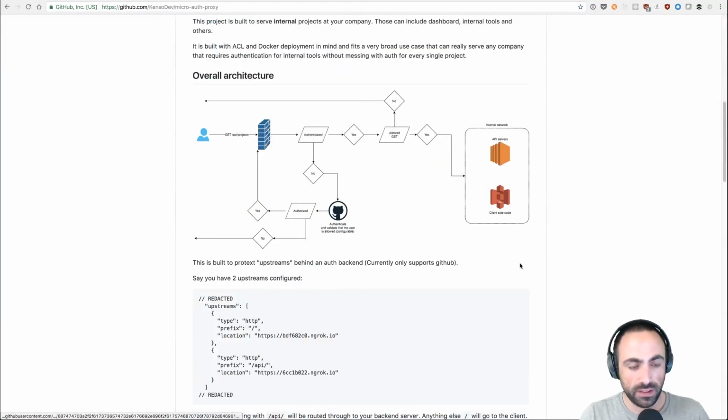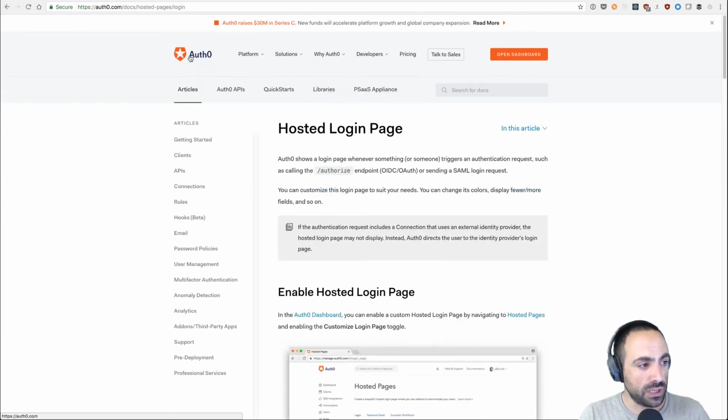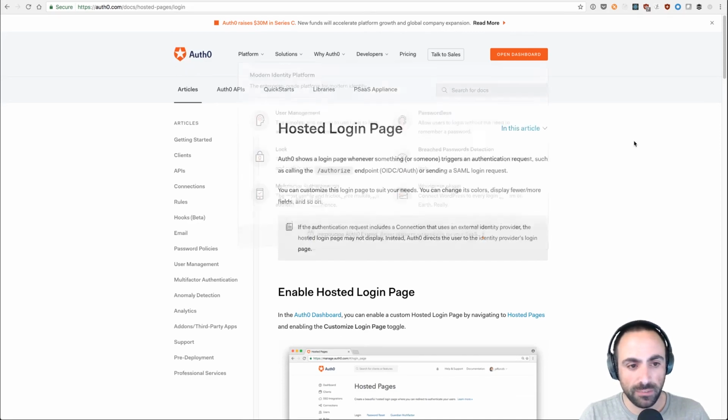We have this authentication proxy, currently only for GitHub. What I want to do is integrate it with Auth0. Auth0 is a very popular authentication mechanism, and I want to add Auth0 as part of this authentication process.